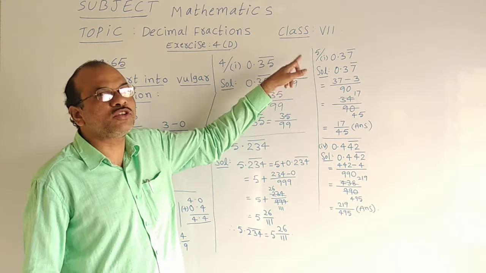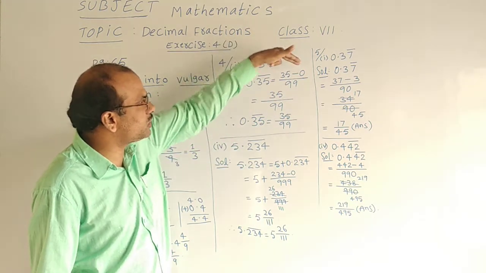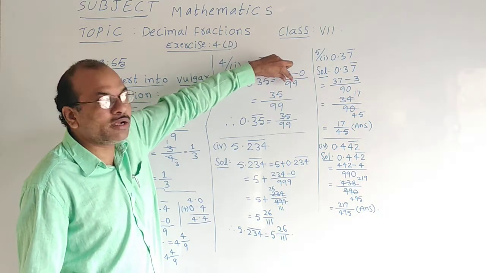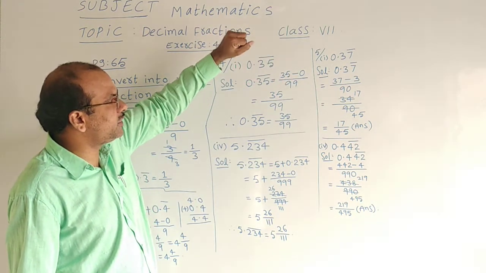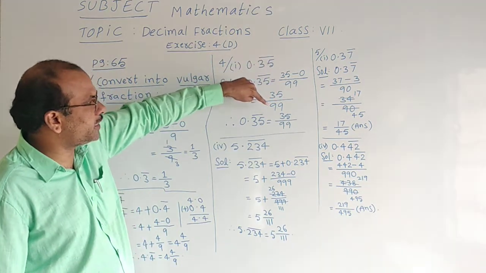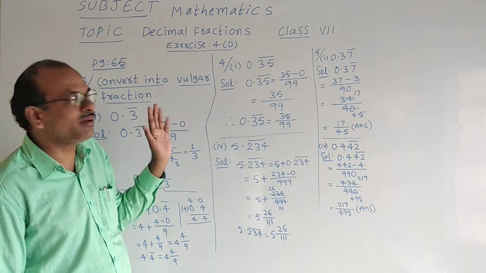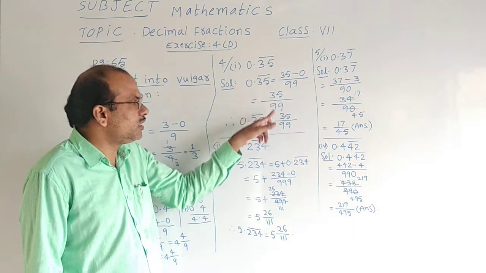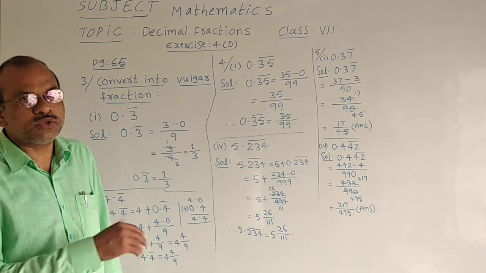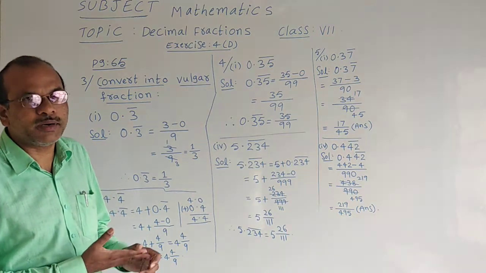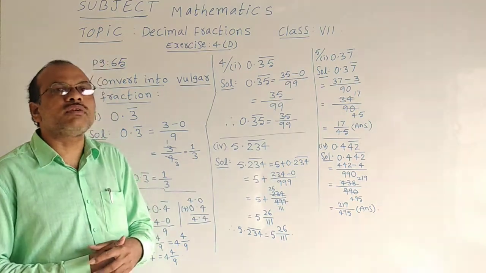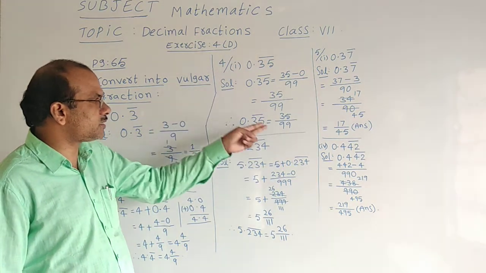That's why that nothing means 0 is written. 35 minus 0 by 2 digits are under the bar. That's why 2 times 9 I have written. That is 99. 35 minus 0 is 35 by that 99. And no more common table to cancel them. So given question is equal to 35 by 99. We got it as an ordinary fraction. That is only called as a vulgar fraction. Got some idea? From the repeating decimal, we got a fraction that is called a vulgar fraction. So for that first bit answer is like this.